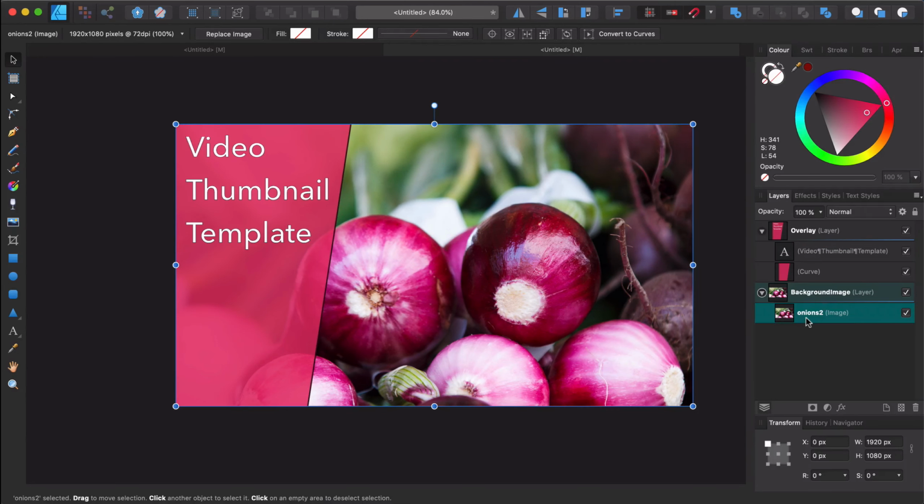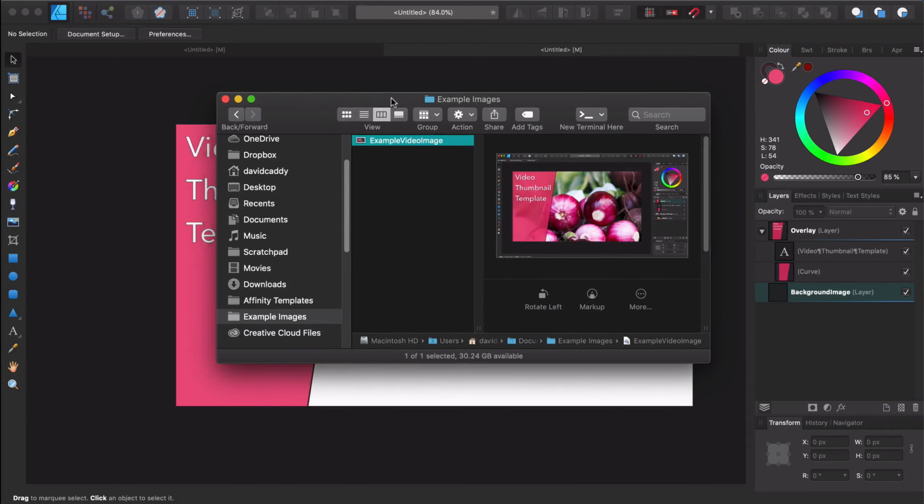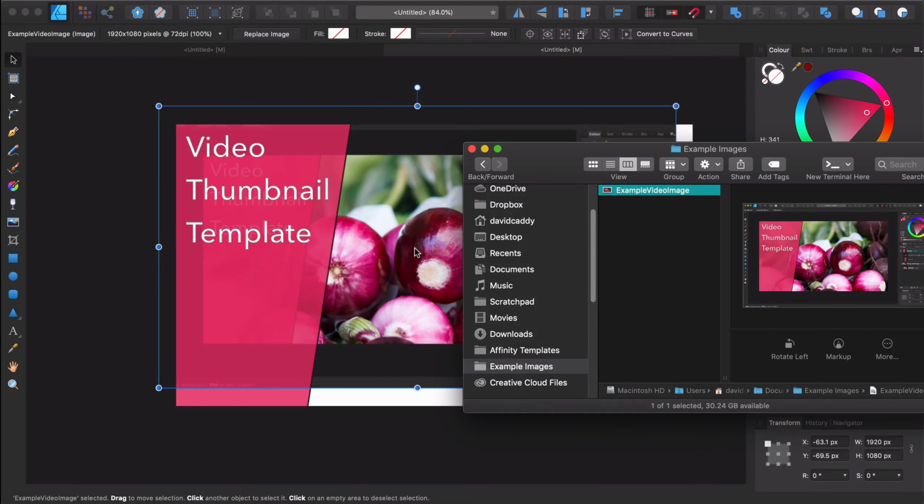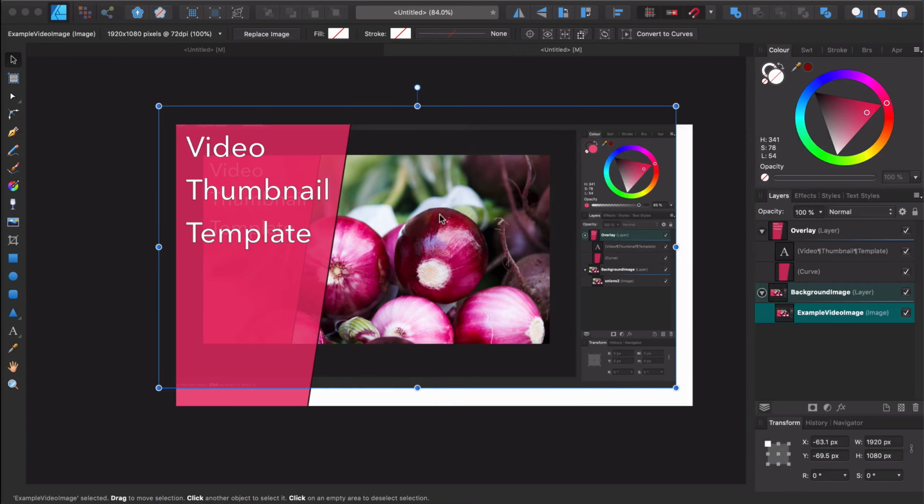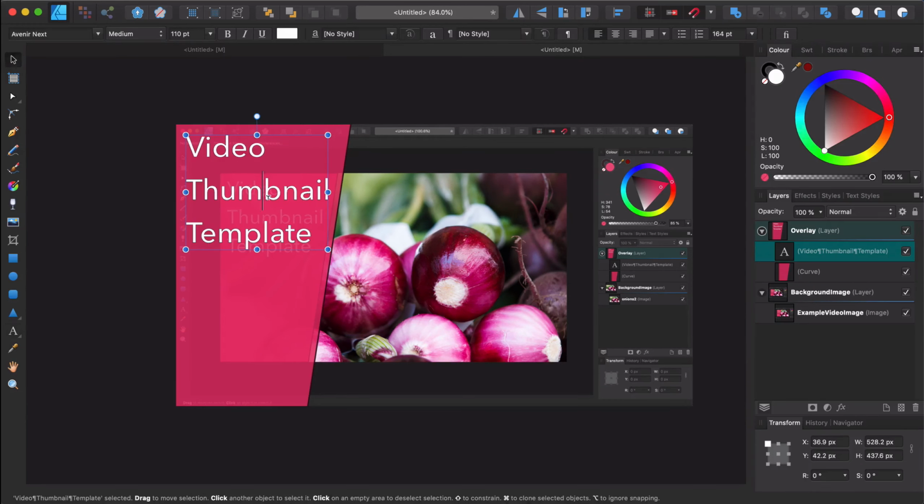So for example, I can get rid of this background image, bring a new one in, give this a new name,